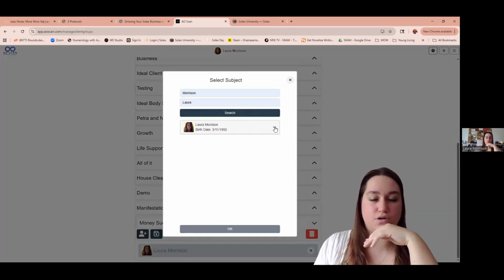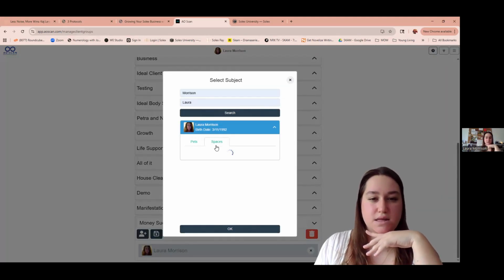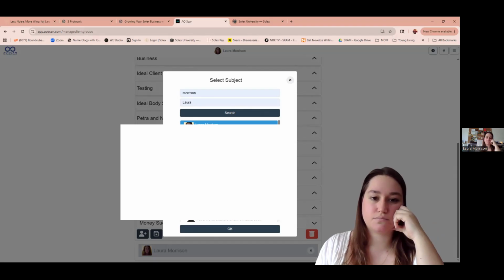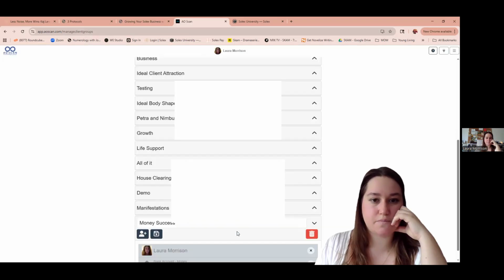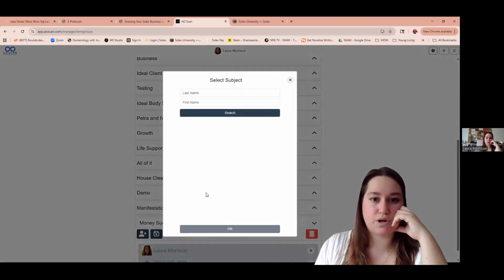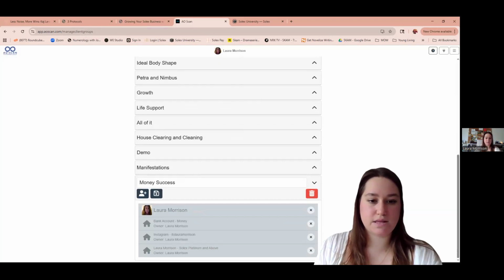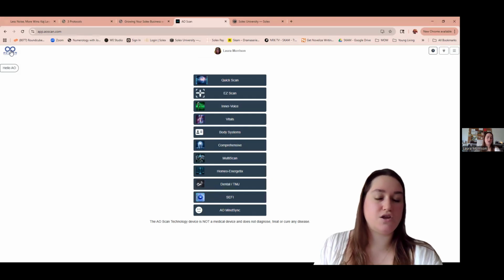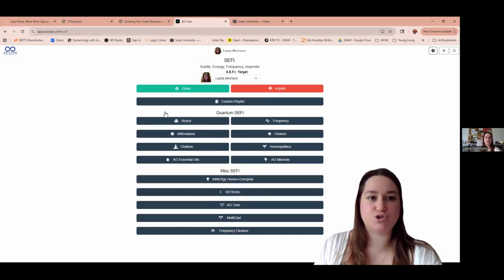And then we're going to do the same thing, but we're going to go over to spaces and we are going to put in my spaces. So here, we're going to put in my bank account that we just made. I have my Solex business. And if you wanted to add more, you could, and then you just hit the little save button there and you now have a group. Then you're going to come over to Cephi,